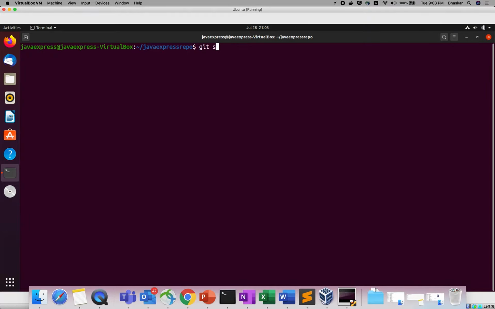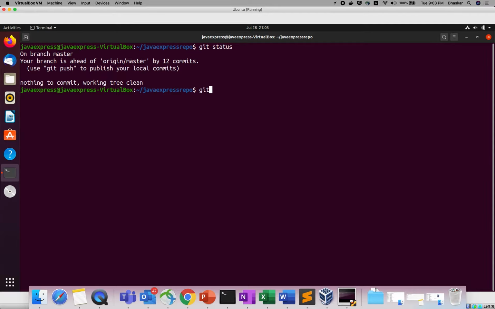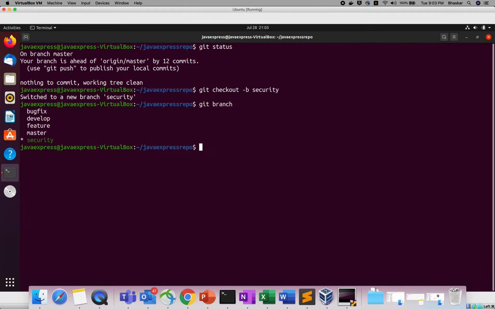Git status. Here I will create one new branch. Checkout -b, a new branch, I will say a dummy branch. Actually, instead of dummy branch I will call it security. One branch I created, the security branch. Now it will point to security. Let me clear my screen.